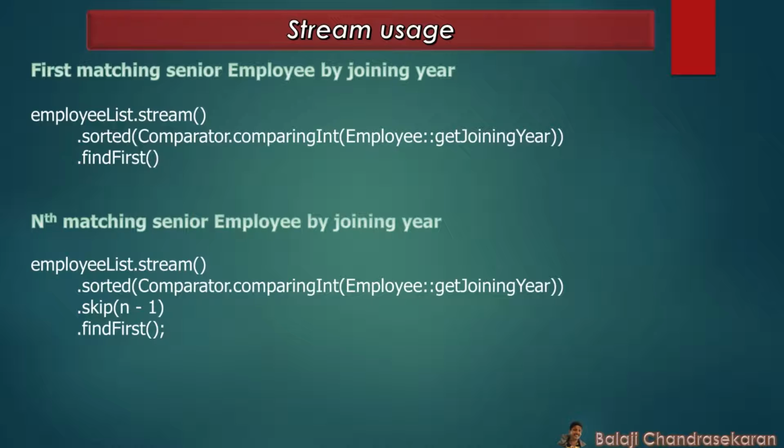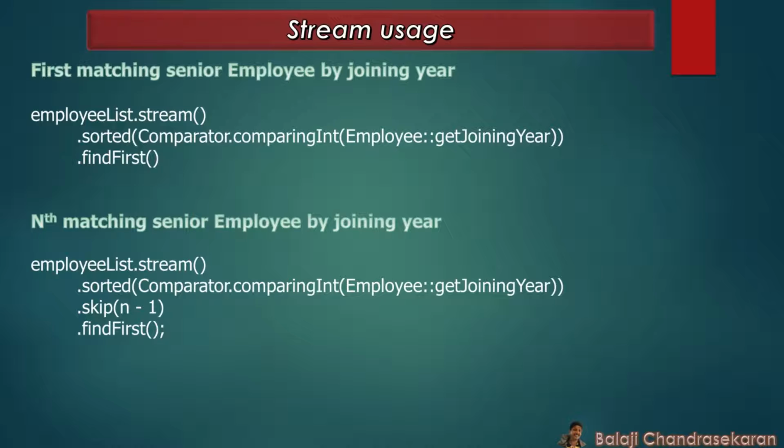The sorted intermediate operation sorts the employees in the stream based on their joining year. The comparingInt comparator is used to compare the employees based on their joining year. The findFirst terminal operation retrieves the first element of the sorted stream, which would be the employee with the least